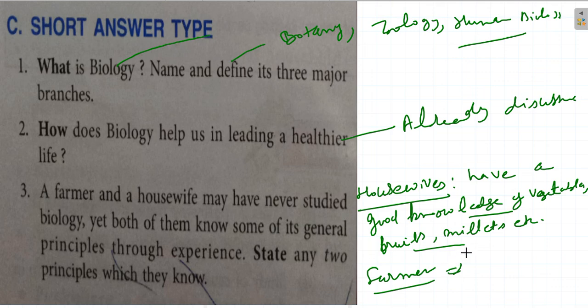An illiterate farmer can also tell when the crops are grown and in which season they are grown, how much fertilizer it requires, how much water it requires, how the weed of these are removed. So these are examples from normal life. You can write your own way, right? So next,